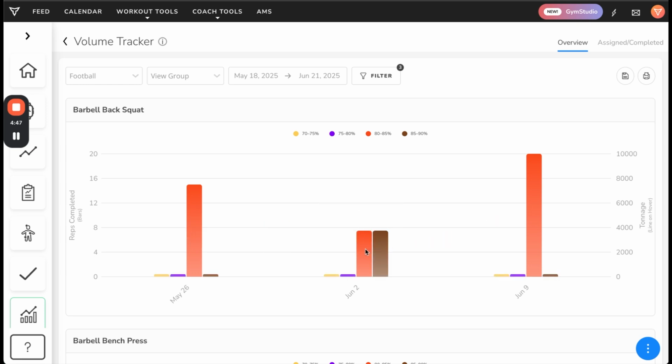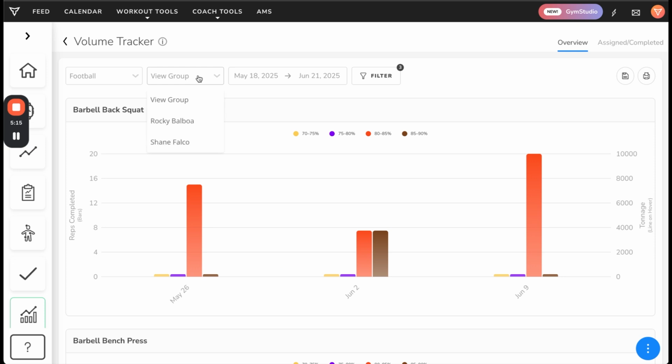On this progression, or the next day, you'll see that they, on average, decreased half the reps, but what they did do is they increased the intensity as well. So whether this is assigned or unassigned, you'll be able to see any discrepancies. If this program specifically prescribed 15 reps at 80%, and you notice the discrepancy here, well, it's likely the case that someone within the group either bumped themselves up or there was a different prescription for a certain person within